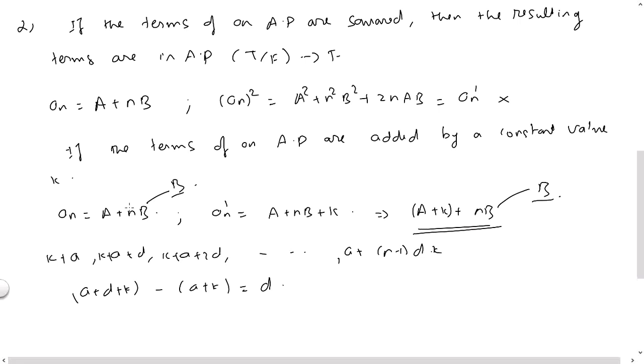Since we are adding a constant value to all the terms, the difference between any two consecutive terms will remain the same, as you can see here. So when we add a constant value to all the terms of an arithmetic progression, the resulting sequence is also an arithmetic progression with the same common difference. The only thing that will get changed here is in fact the first term, and of course the other terms will get changed, but there are only two things with which we discuss an arithmetic progression, that being the first term and the common difference. So between these two, only the first term will change, the common difference will remain the same.